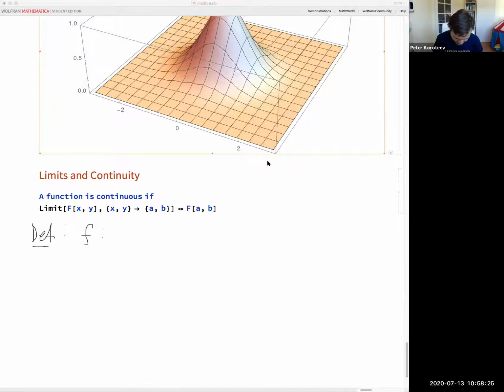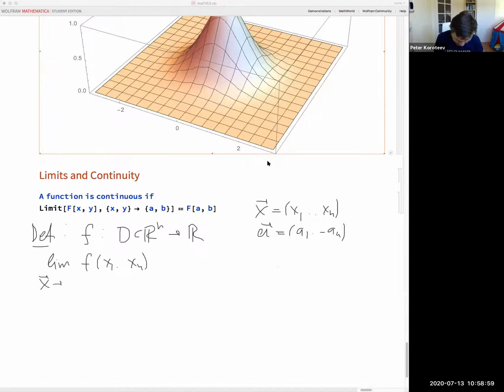Let f be a function from some domain, which is a subset of R^n, to R. Then you can define vector x to be the vector (x1 through xn), and vector a to be (a1 through an). The limit of f(x1 through xn) as vector x approaches vector a